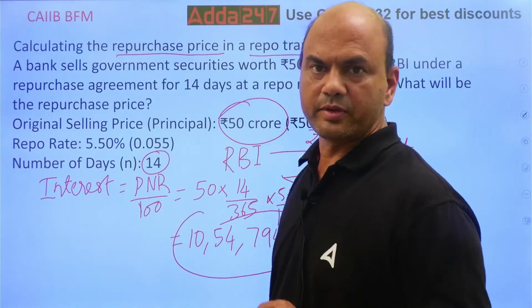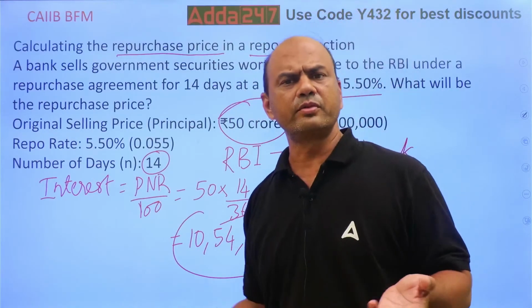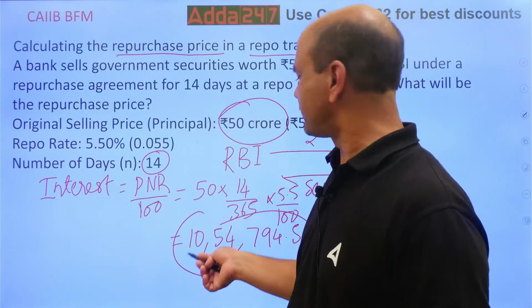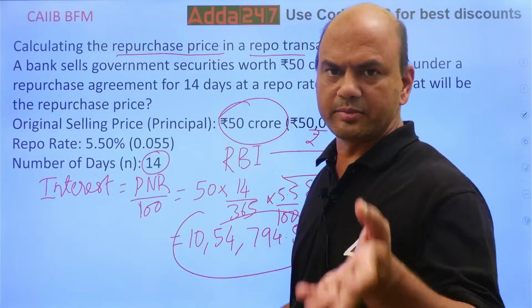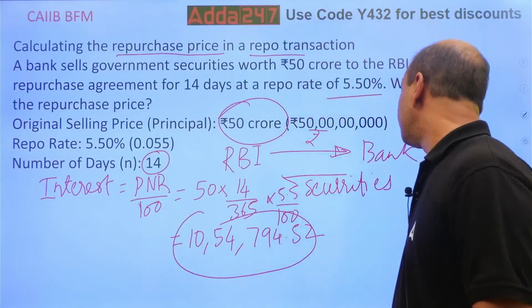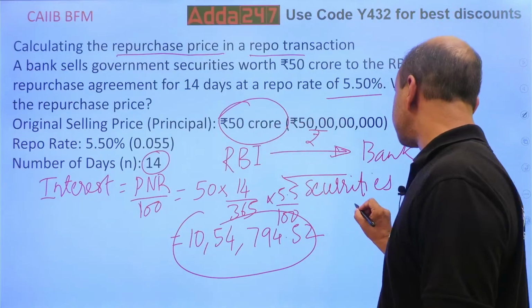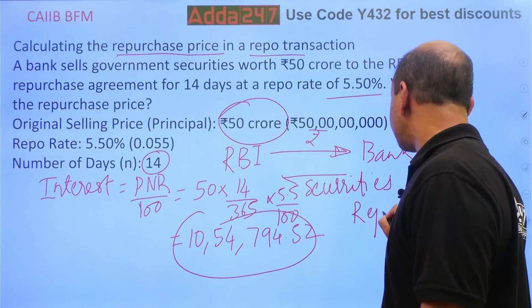Two things you have to give back. So what will you give back to RBI? Simple, add these: 50 crores plus 10 lakh 54,794. Add this, give me the answer. So my final figure will be, what will be the repurchase price? So repurchase price will be